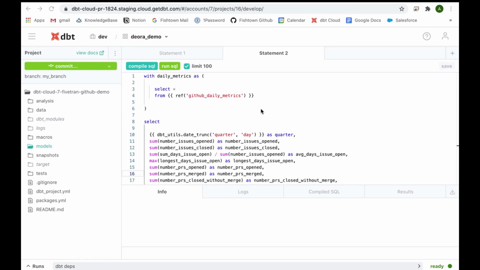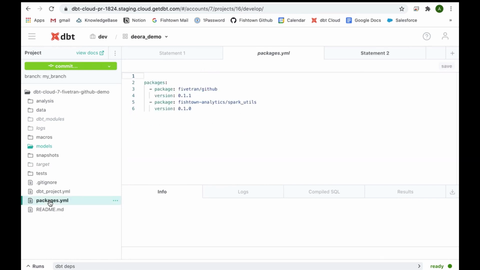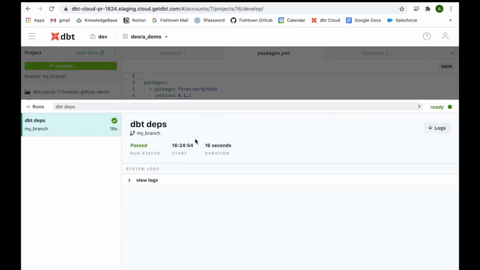The first thing I want to do is include my packages in this project. So I'm going to go to packages.yaml, and I've already typed this in. I call this Spark Utilities package, which is going to be useful because I'm working on Spark, and this GitHub package here. Note I could call as many packages as I want in this section. The next piece is to run a command called dbt deps, which stands for dbt dependencies. So what does dbt deps do? It pulls down everything that I need from the packages that I'm trying to install so that I can run my project. I've already run this here, so you don't have to watch me type it.